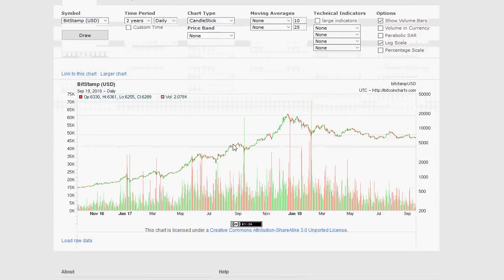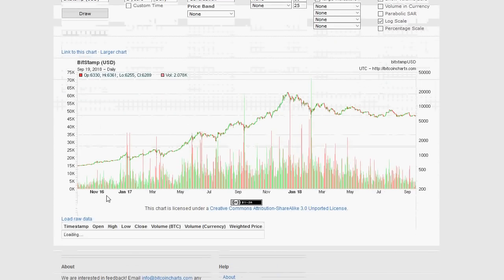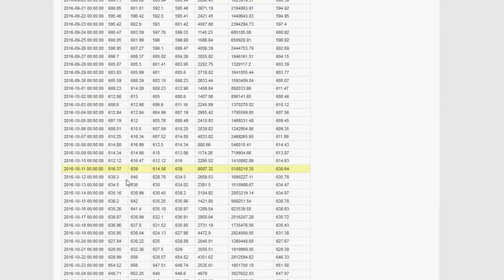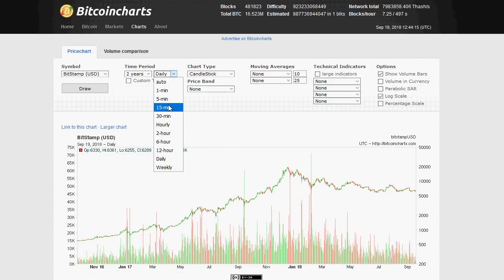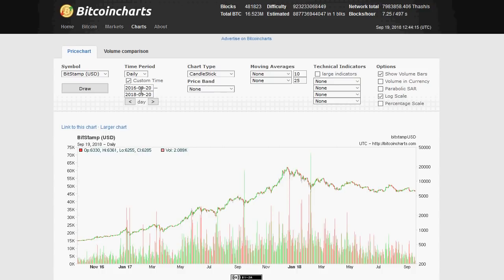bitcoincharts.com, and in here I got data. I can get the daily term, the weekly term, and you can get as low as the 1 minute time frame. If you want old data, you can get the 15-minute time frame going back to 2011 or 2012 if you so desire. It's a lot of work to do, but it can be done. So you can get a lot of good free data from the site.